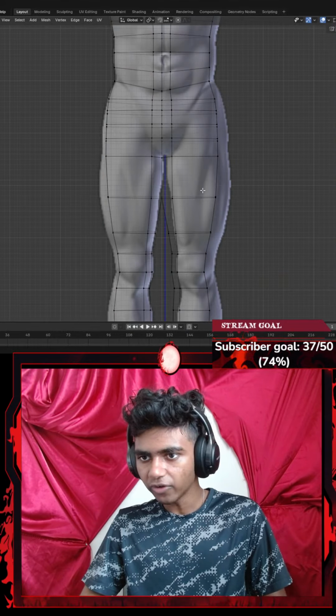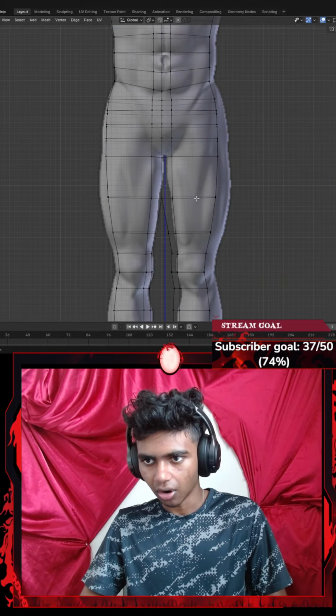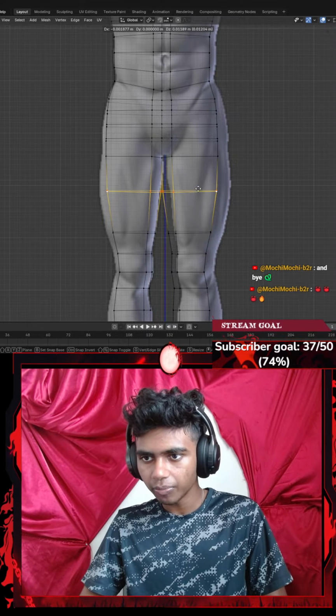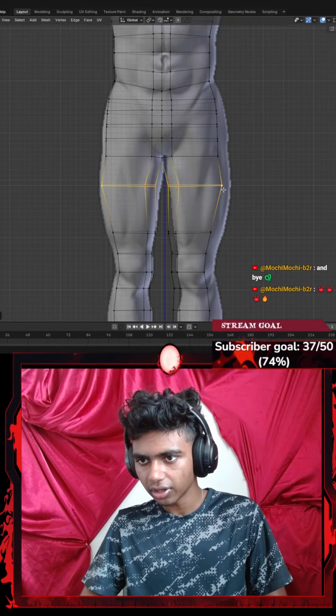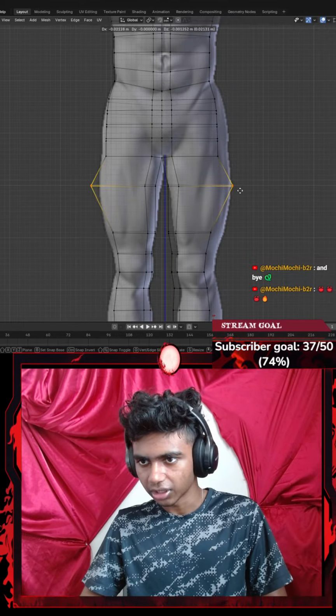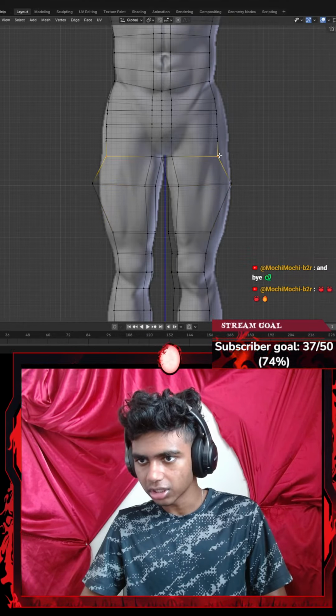I'm going to go to my wireframe mode and then let's go with something like Alt, like this. I want to go a bit higher and kind of away as well. Let's go with something like G to extend this part. Let's go ahead and extend this.